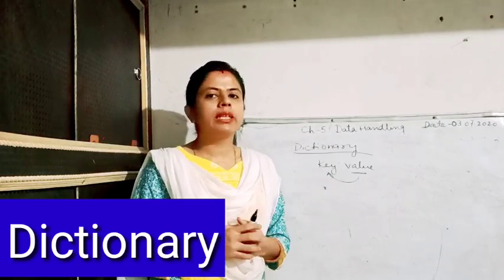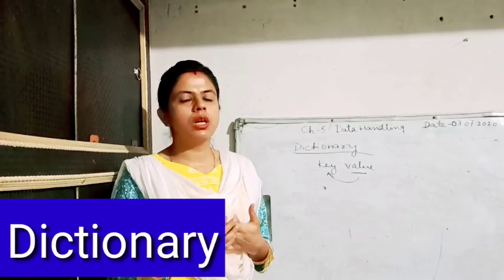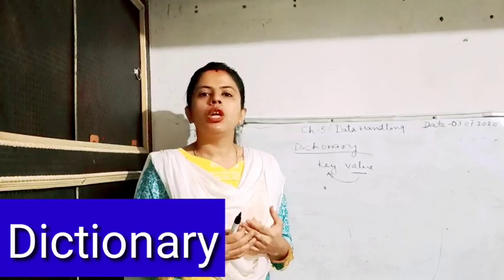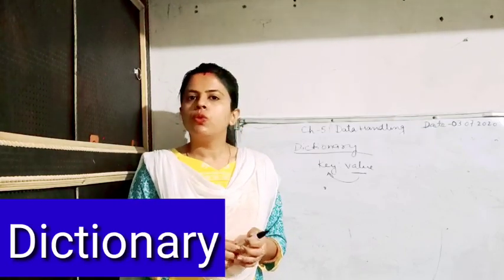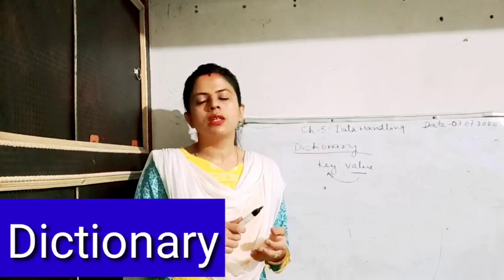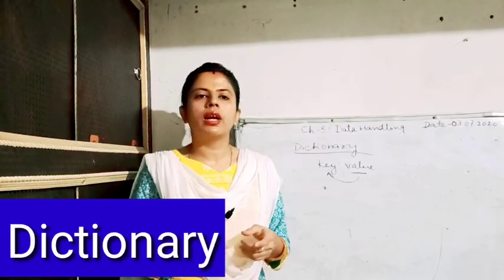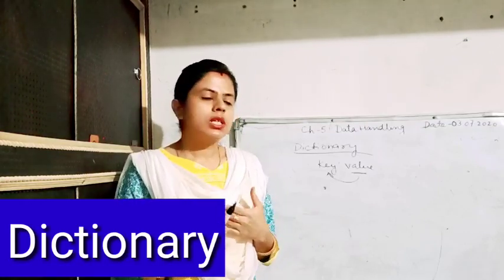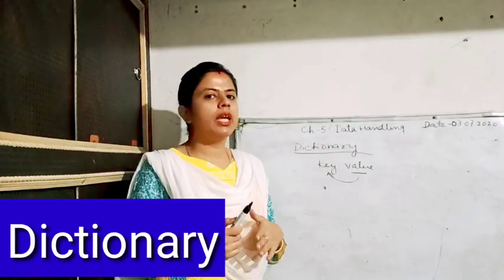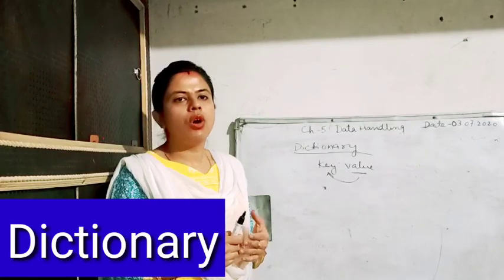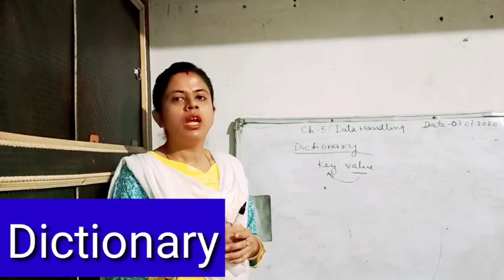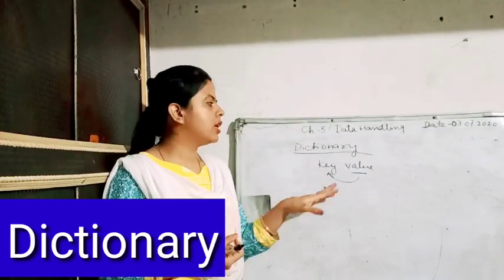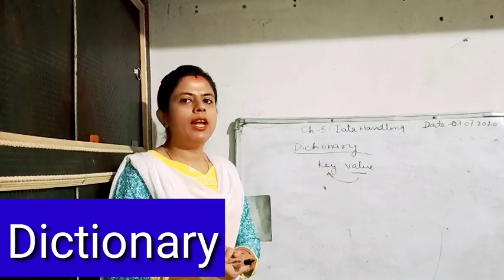How? Take the example of the English dictionary which we use for finding the meaning of a particular word. Suppose you want to find the meaning of crime. You start from the alphabet A, then B, and then you go to C, or you directly turn to the page of C and begin searching for the word crime. That is how the dictionary also prints values in an unordered set. You will not get them in the same sequence with indexing. If you want to access any value of the dictionary, you have to access it with the help of the key. When we write the key in the bracket, it gives us the value.